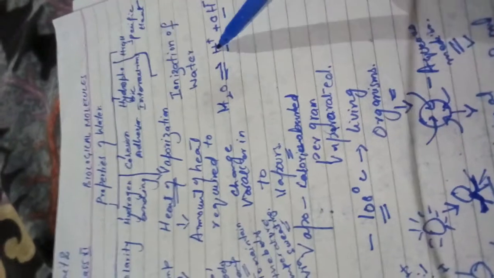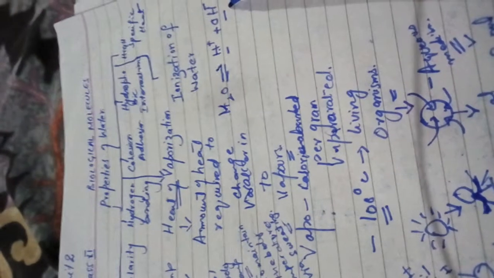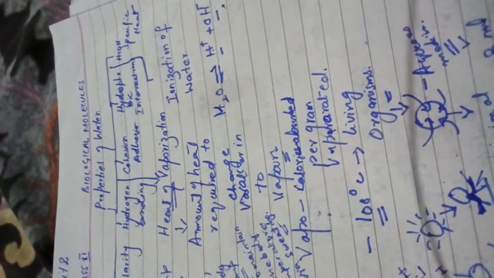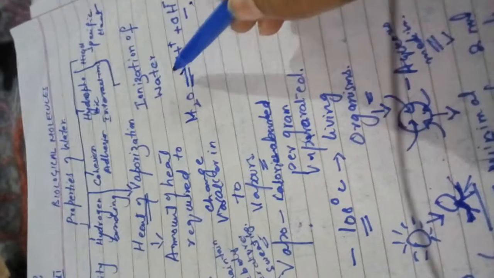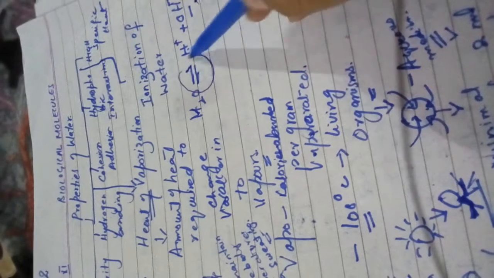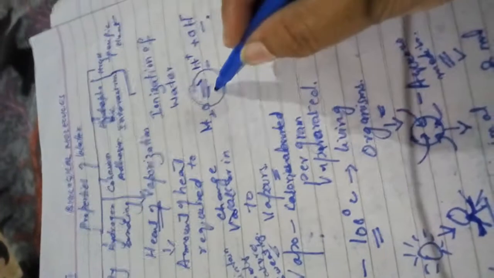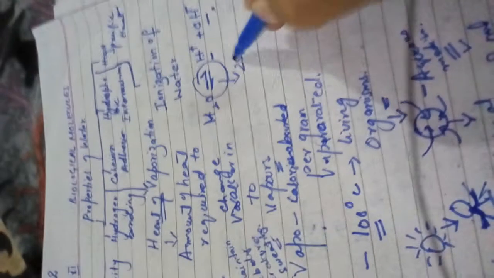This dissociation of molecules into hydrogen and hydroxyl ions is called ionization. Okay, this reaction is reversible, as the sign shows, and equilibrium is maintained at 25 degrees centigrade,